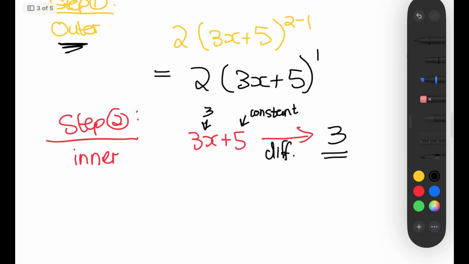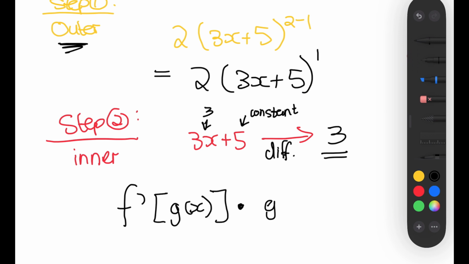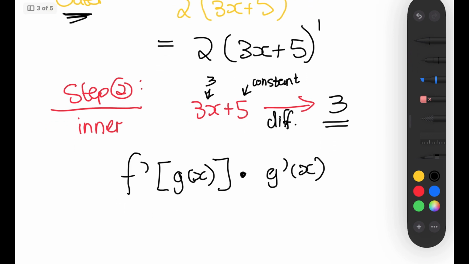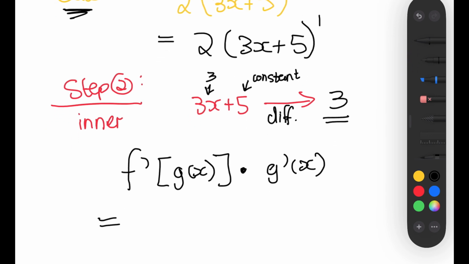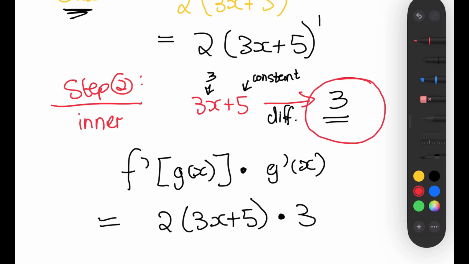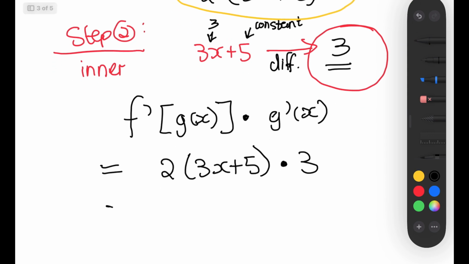And when we put everything together using the formula that I had shown earlier, the derivative for composite functions, or using the chain rule, is simply the derivative of the outer function multiplied by the derivative of the inner function. And using our outer function, we have 3x plus 5 multiplied by the derivative, which is our 3 over here. This is the derivative of the inner function. This is the derivative of the outer function. And when we simplify everything, we get